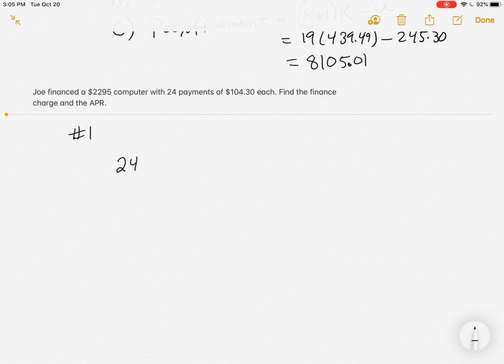If we take 24 times 104.30, that's going to exceed $2,295, what the actual computer costs. So 24 times